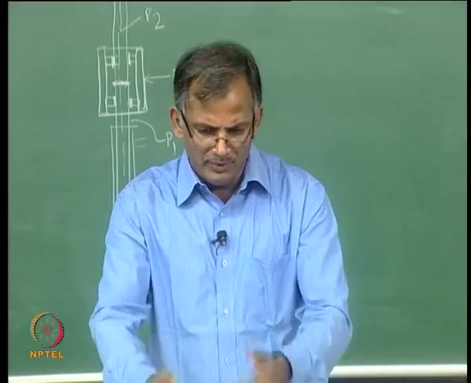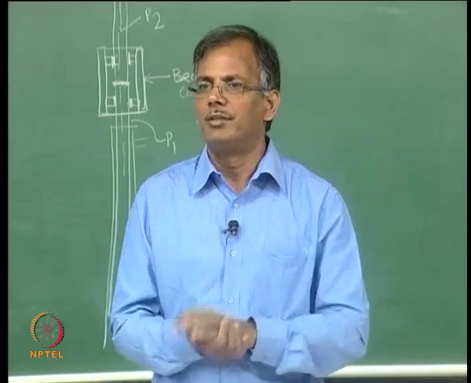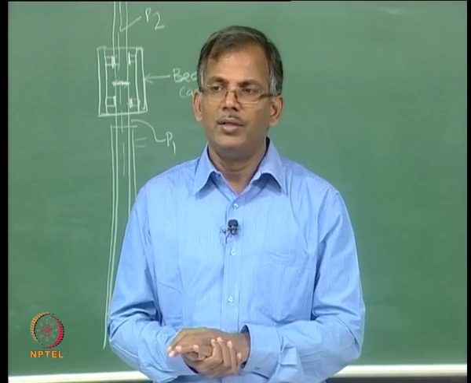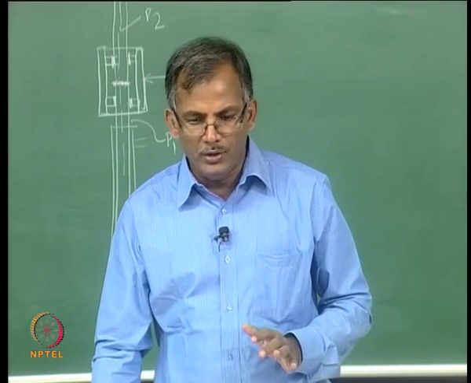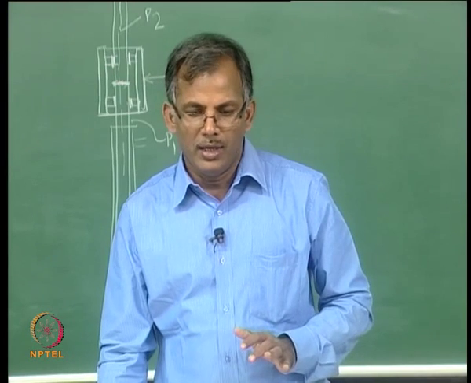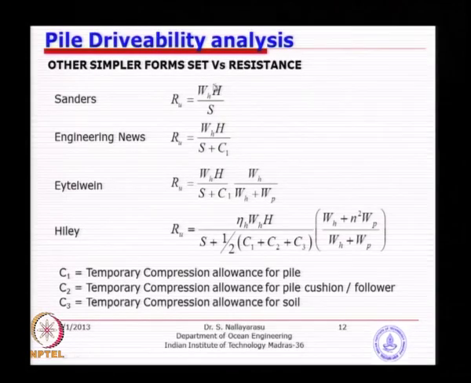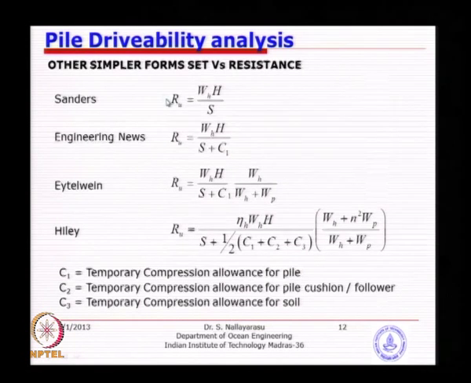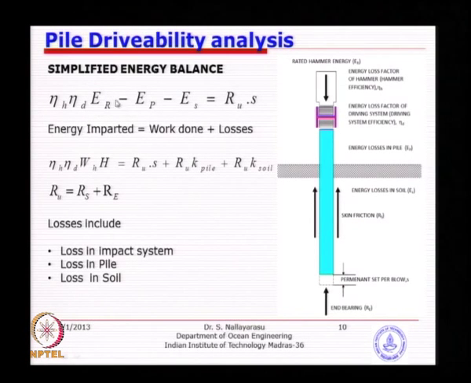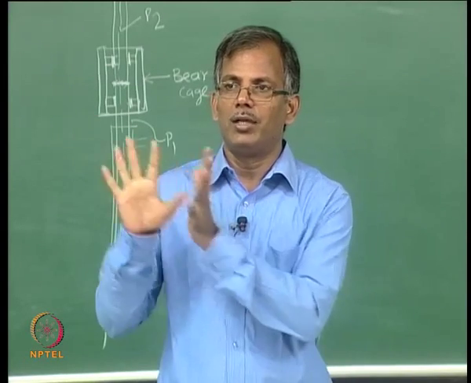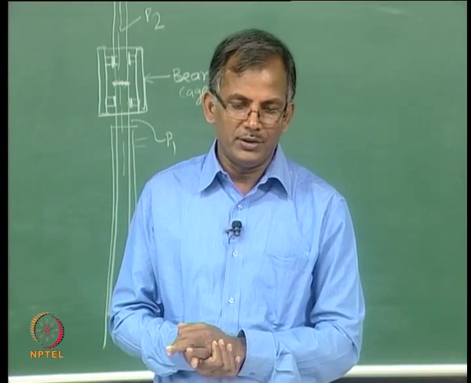Of course, you will see various modifications, a little bit of trying to adjust these parameters, but the basic fundamental idea is, if you take RU times S on this side, and W times H is the imparted energy with no loss, basically nothing is reduced, and that is the internal work done. If you go back here and remove everything, ultimately the formula proposed by Sanders will come. So the dynamic pile driving formula is still quite useful in that sense, you can easily understand, you do not need to look at so many complicated systems.